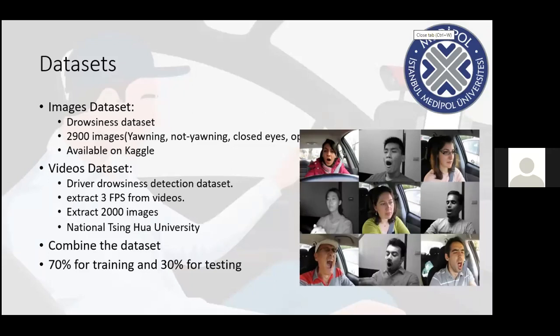The second data set is the videos data set, and its name is driver drowsiness detection data set. We extract 3 frames per second from the video and extract a total of 200 images. This data set is publicly available on the National Testing Hawaii University portal. And after this, we combine the